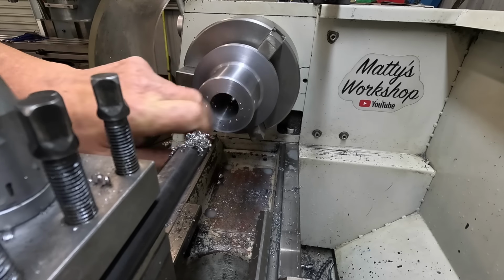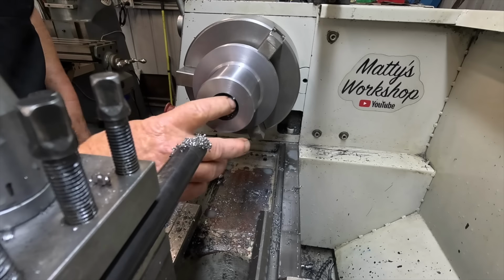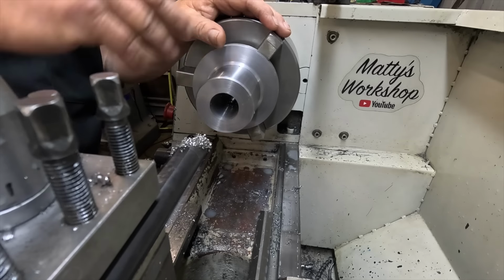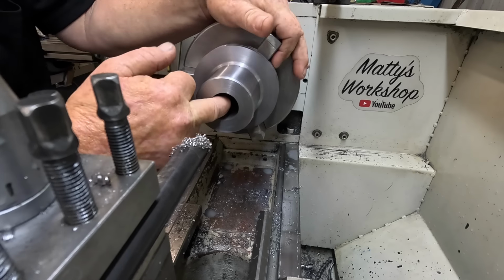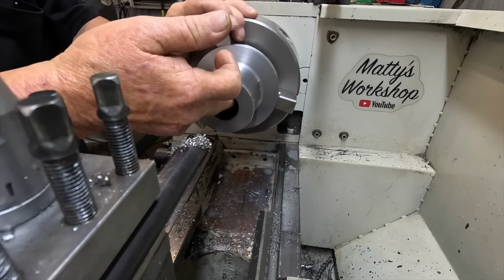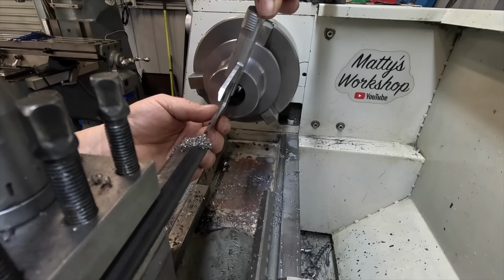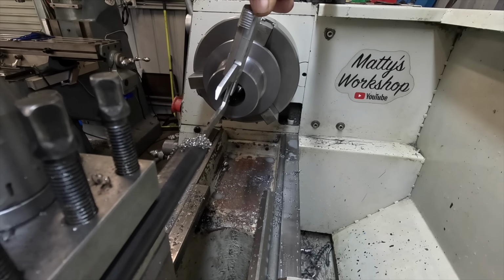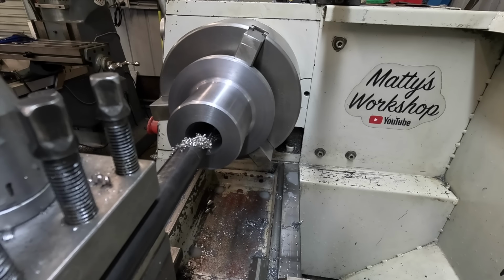Not a bad finish. Okay, I'll get a measurement on that. Put that cover back down, like you've probably seen me put this cover down. The chips come out and just spray all over the floor, and there's more crap you got to clean up. You contain it in the lathe a bit better, it's a bit easier. 30.95. Anyway, I will keep marching away at this and get it out to